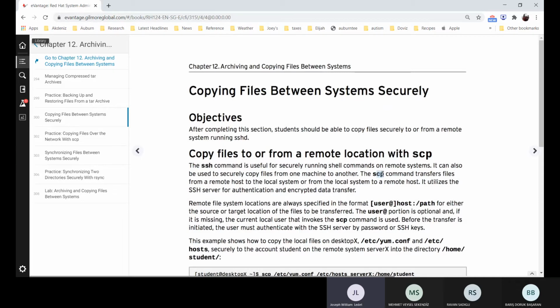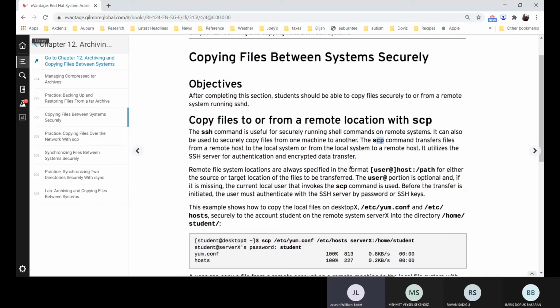So CP, you guys are used to that command, the CP for copy. Whenever we see S on the front of a command, it's oftentimes going to mean secure. Right? So it's a secure copy command. So we're going to securely copy, and it's going to operate very similar to SSH in the sense that,